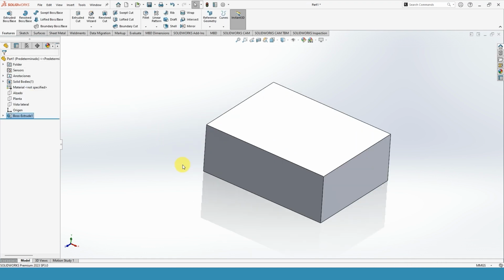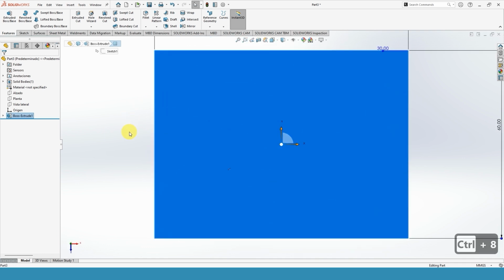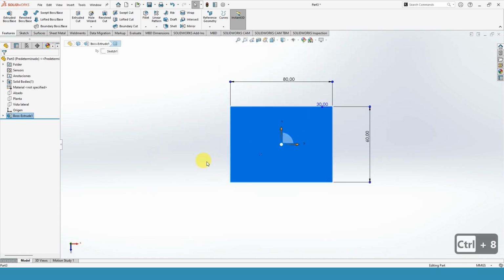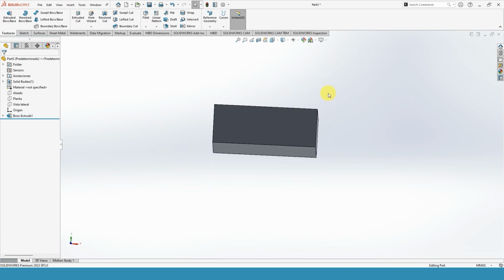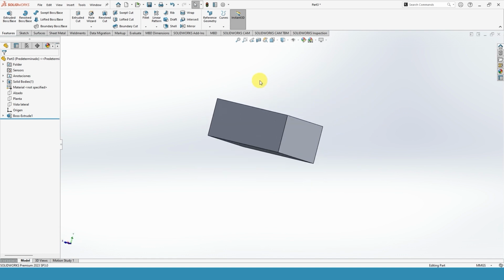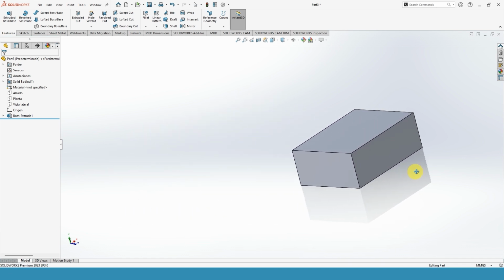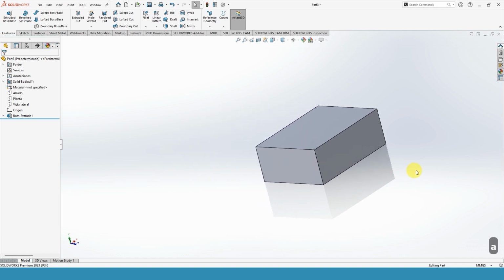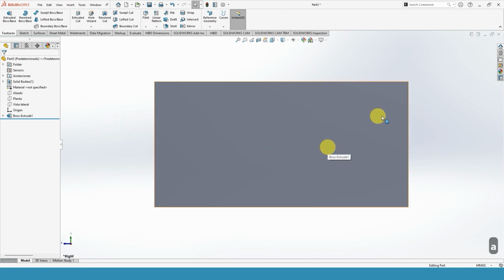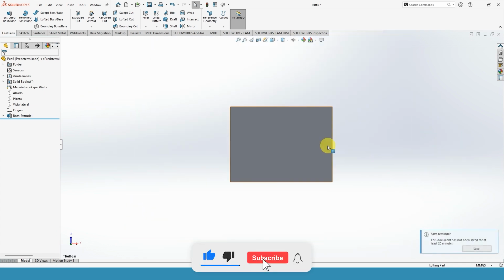Now that we have a 3D piece, I'll show you some controls. Click on the top face of the piece and press Ctrl+8. With the mouse wheel, you can zoom in and out of the solid. If you keep the wheel pressed and drag the mouse, you can change the viewing perspective. If you press Ctrl+8 plus mouse wheel and drag, you can pan the view without rotating the piece. If you right-click, you can see a wheel with different views. By selecting the view and Ctrl+8, you can see the normal face of the piece.